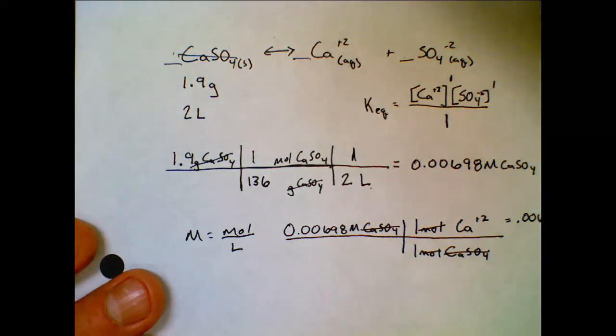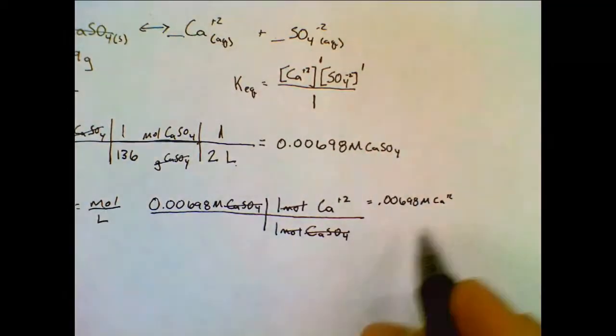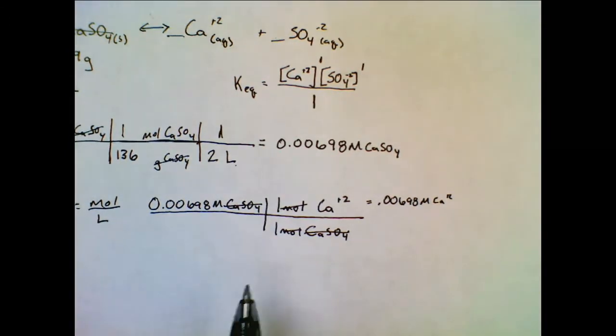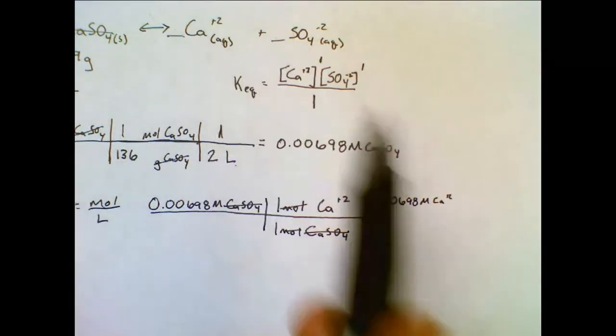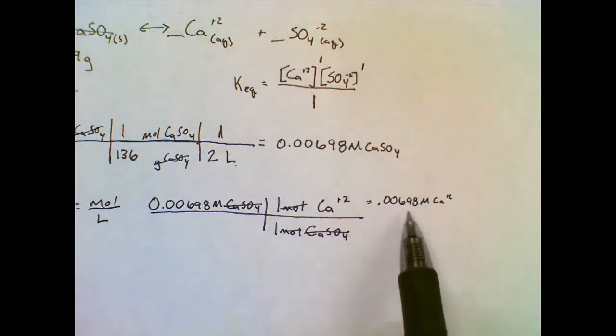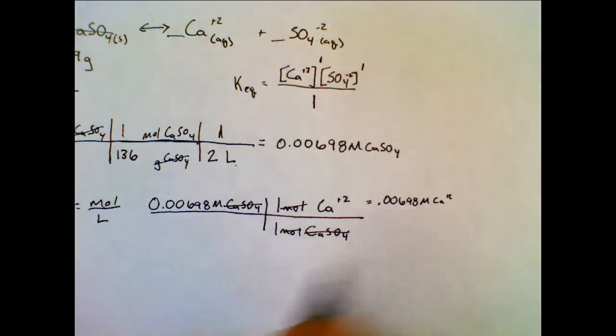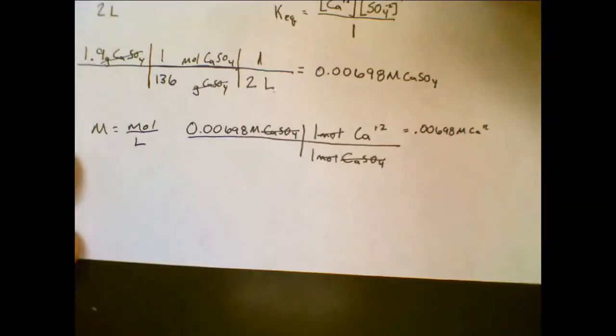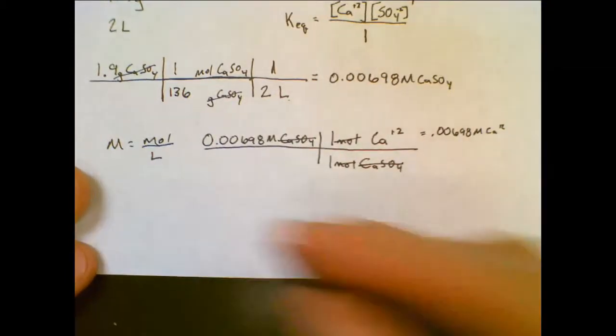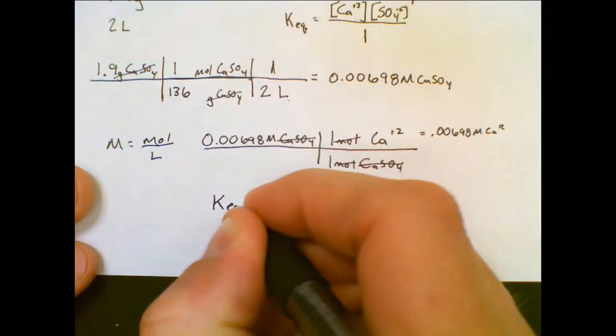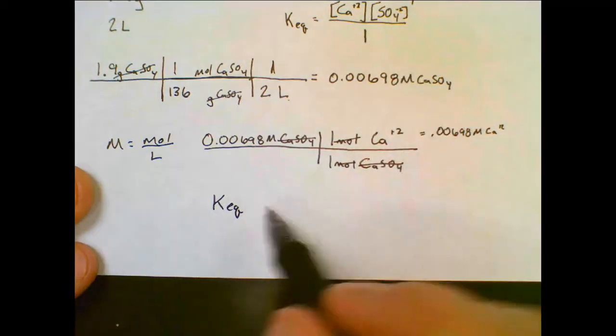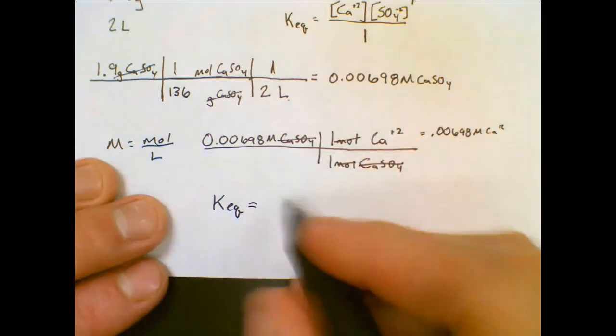Let me just move my camera over here. So this is my concentration of calcium, and since I have a 1-to-1 mole ratio of calcium and sulfate, it's also my concentration of sulfate. So finishing up here, I can go ahead and take my equilibrium expression that I have right here, and I can sub in my values I just calculated,